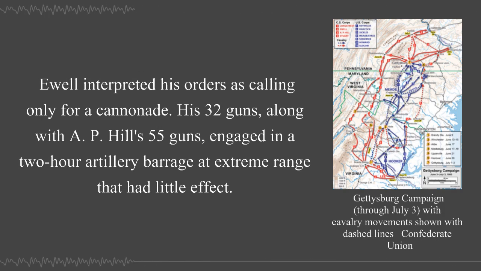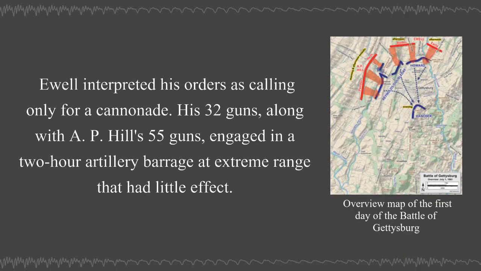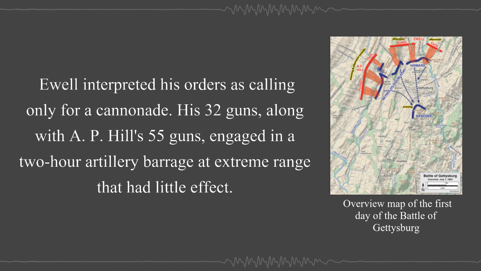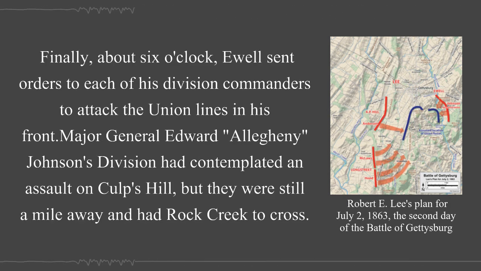Ewell will interpret his orders as calling only for a cannonade. His 32 guns, along with A. P. Hill's 55 guns, engaged in a 2-hour artillery barrage at extreme range that had little effect. Finally, about 6 o'clock, Ewell sent orders to each of his division commanders to attack the Union lines in his